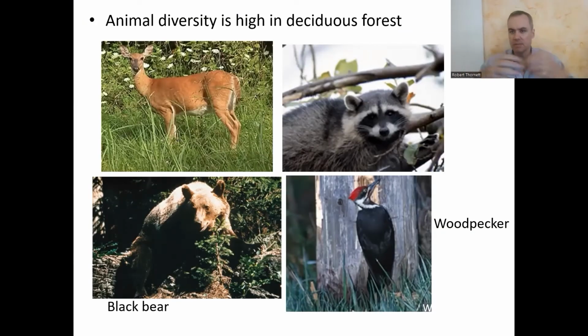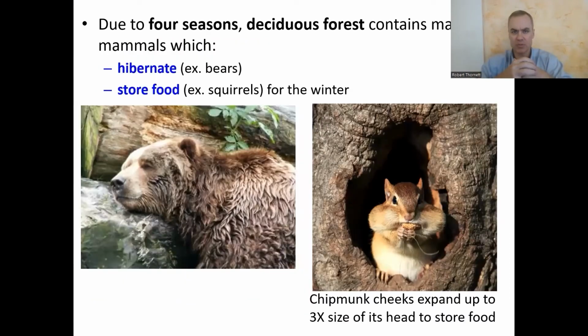You can imagine again, the colonial settlers in America coming in and just surrounded by all these forests, all these deer and bears and stuff. There was no shortage of wildlife to hunt, fish, things like that. So lots of animal diversity in the deciduous forest. And because it does have the 4 seasons and a long winter, you have many adaptations through the winter.